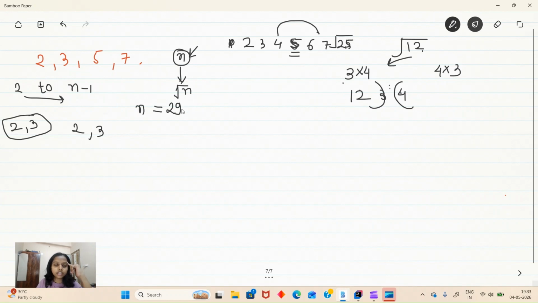Is this number divisible by 2? No. Is it divisible by 3? No. That means half of the problem is resolved. How? Because most of the elements are multiples of 2 or 3: 2 has 2, 4, 6, 8, 10 and so on, and 3 has 3, 6, 9, 12 and so on. Now what is remaining?